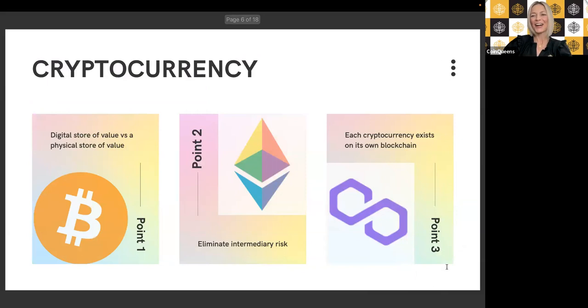Okay. So anyway, the cryptocurrency exists only on a blockchain. So crypto exists because of the blockchain, and every cryptocurrency has its own blockchain. Bitcoin has its own, Ethereum has its own, and within those blockchains, all these different protocols and applications are being built, some of which we're going to learn today.